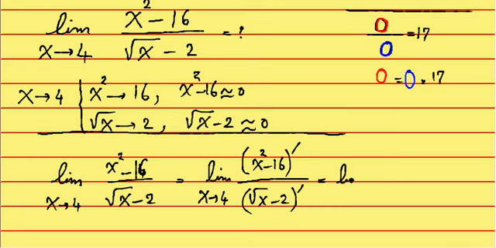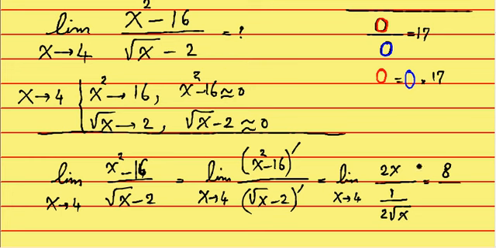We go ahead: the derivative of x squared minus 16 is 2x. The derivative of radical x, you remember what it was? That was 1 over 2 radical x. Now when x is approaching 4, there isn't anything ambiguous or indeterminate about this. This is 8 and this is